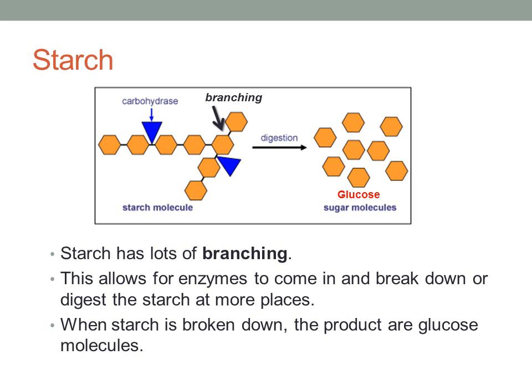All right, now let's go over starch. So we know that starch is made up of lots and lots of glucose molecules. Each of these orange molecules are what we represent as a glucose molecule. And starch actually has lots of branching. So you see it's not just one straight line, but it branches off of the sides. This allows for enzymes to come in and break down and digest the starch at more places. It doesn't just have to break down the starch in one line, but it can come in at multiple angles,